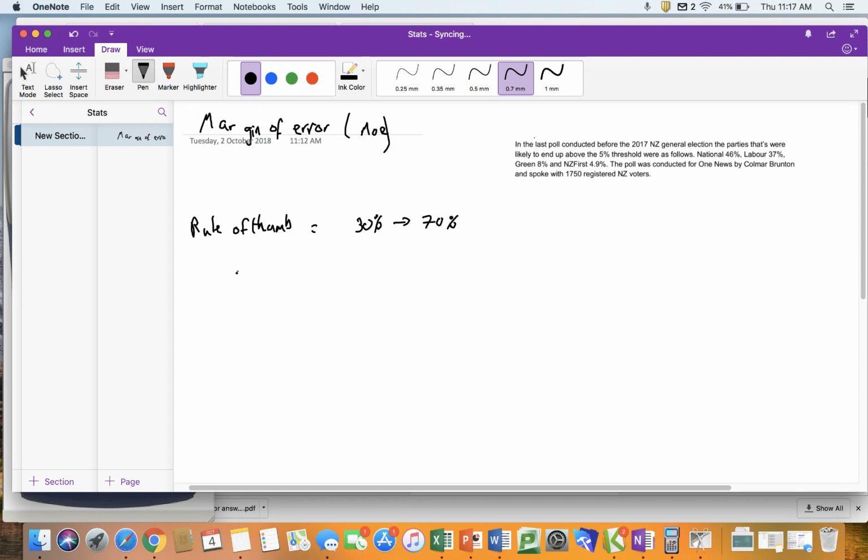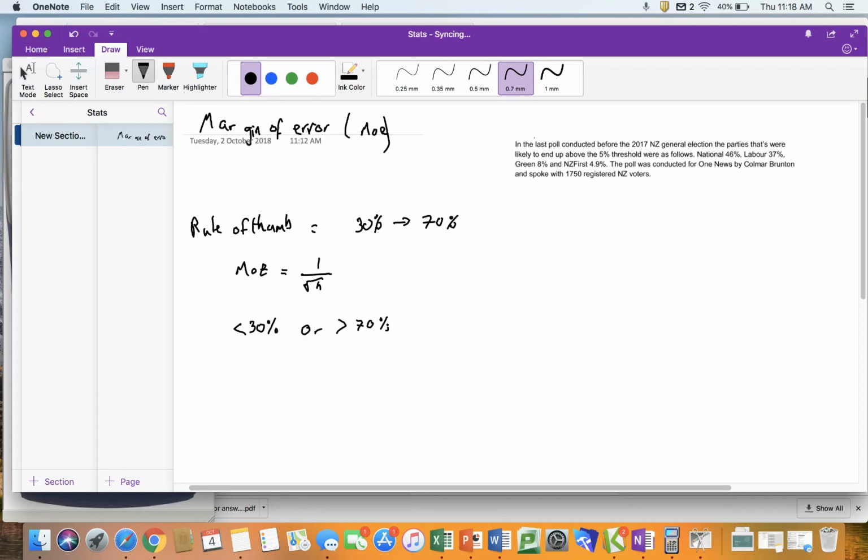I can just use that the margin of error is 1 divided by the square root of the sample size. Whereas if my percentage is smaller than 30% or larger than 70%,